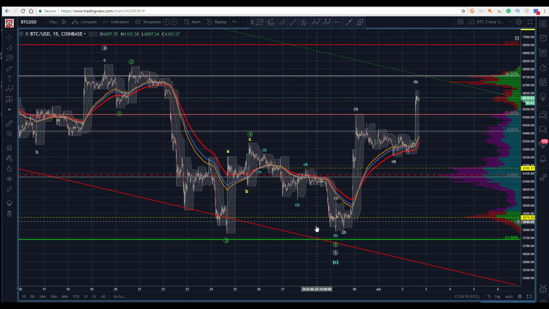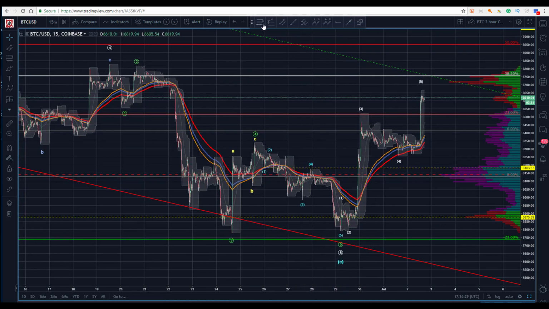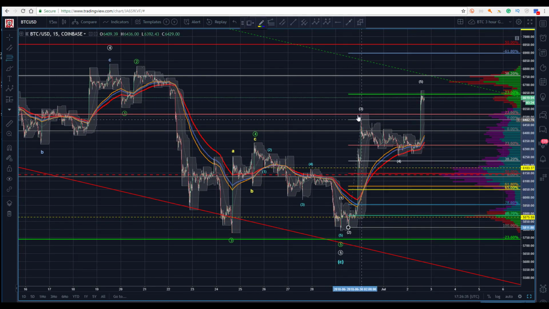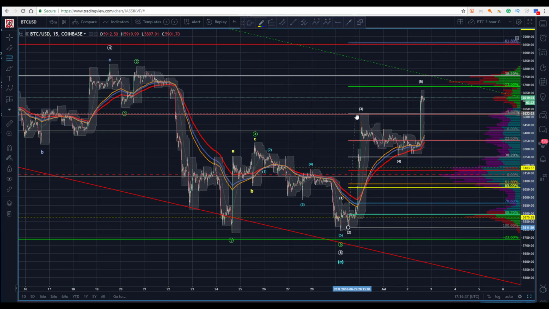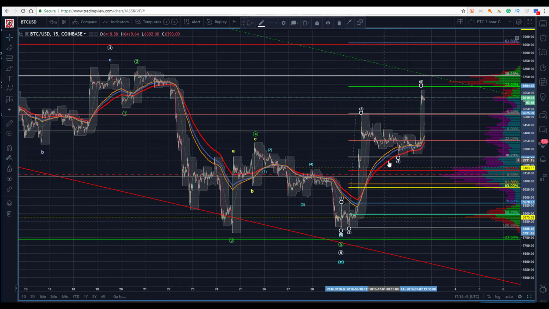Now, working here, this is a very deep 2, so if I allow for that as my 1, 2, that holds, I don't take out that low, and then I have this kicking in here. So we start building a case for this as a motive wave. So from my 2 low here up to this proposed 3 high, well, here's right to the tick exactly where you'd be looking for it. So here I've got my 38 right here.